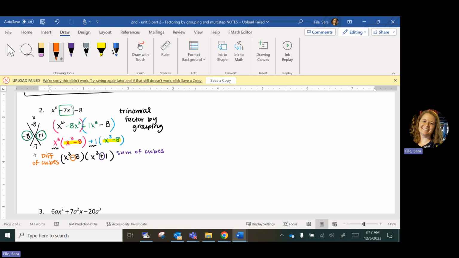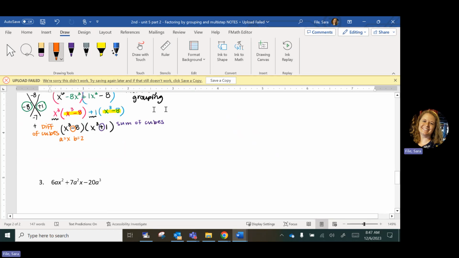So remember, I identify my a and b. So the cube root of x cubed is x, and the cube root of 8 is 2, right? So for the difference of cubes, you can look at your notes for the formula. You don't have to have the formulas memorized. I told y'all you are going to get the formulas on the test, but the formula for difference of cubes says